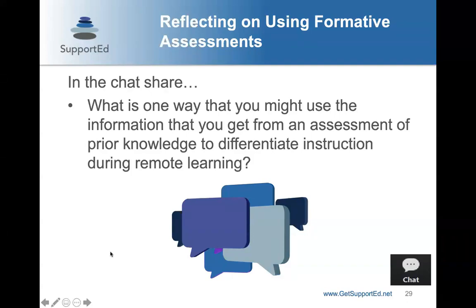Use obvious gaps to create videos, right? So you see there's a gap here, and then you create a short video or recorded mini lesson to address that. Ask them to read instructions. I think that's a really important one. I have a friend who's a fourth grade teacher, and she was talking about just read the directions, right?